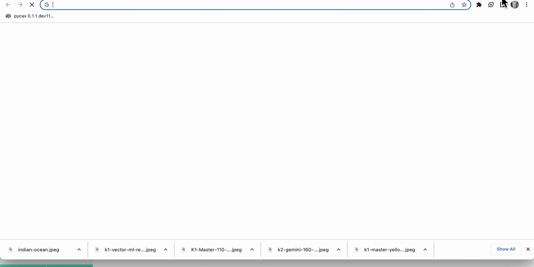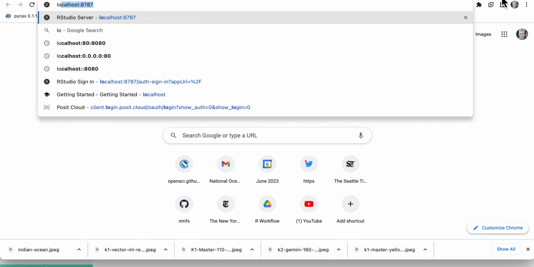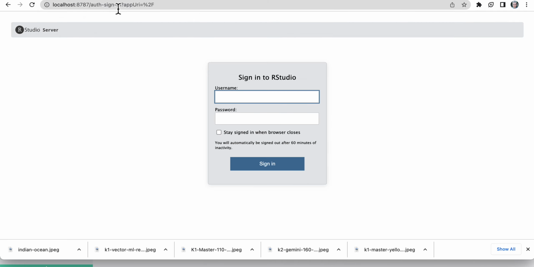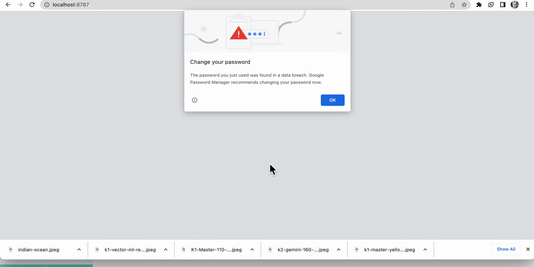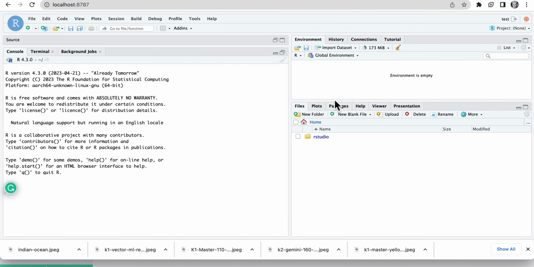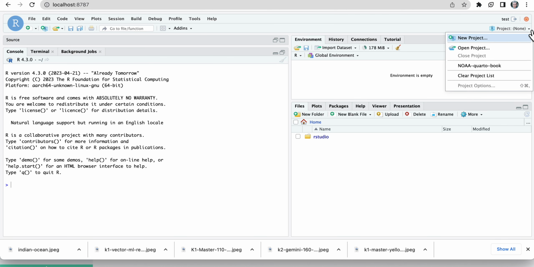So now that it's running, I can go here, localhost:8787. All right. So now I'm in the login page for that server. As I showed in the last video, I set it to test, sign in. All right, so now I'm in, and I don't have any files here, but let's go ahead and set up a project